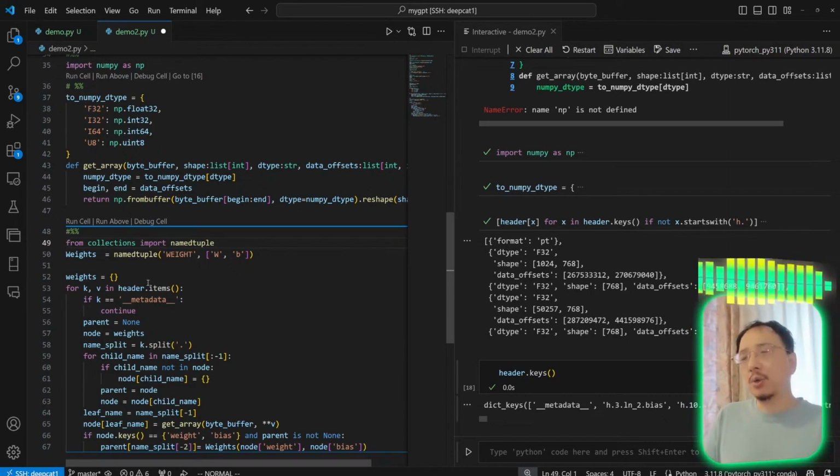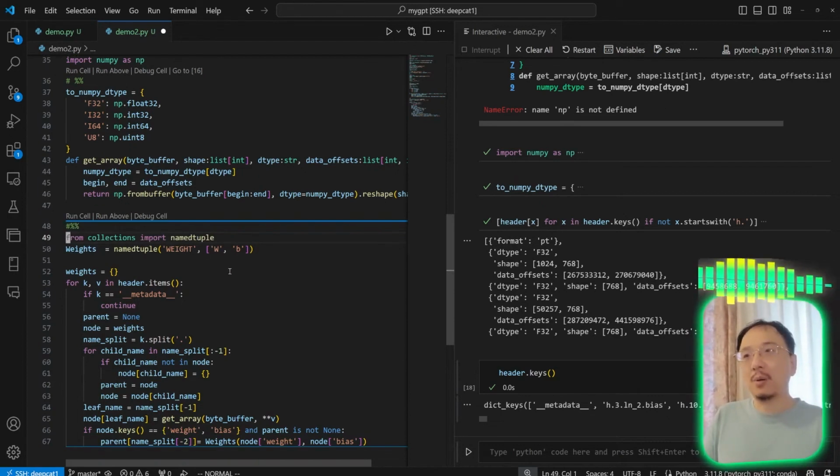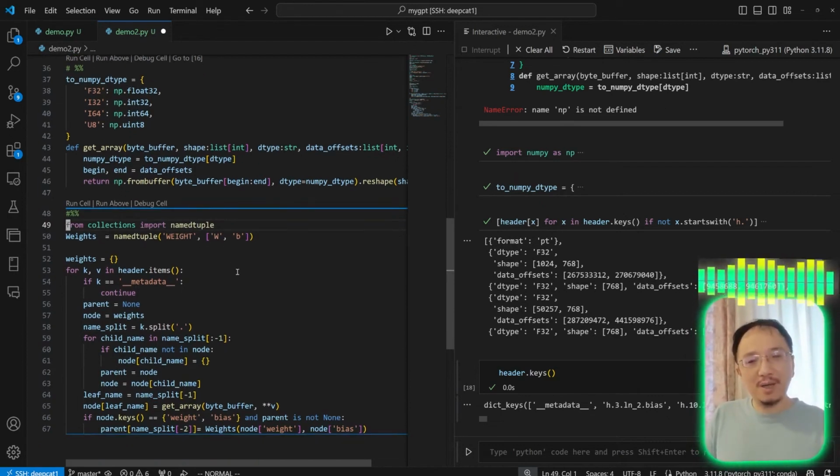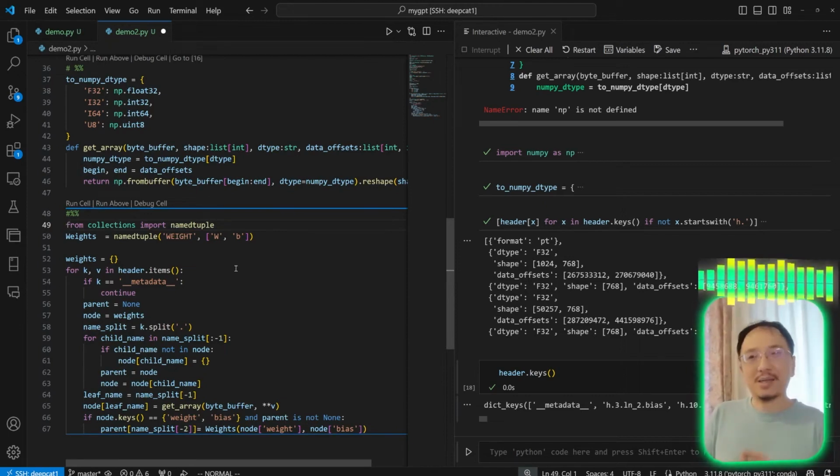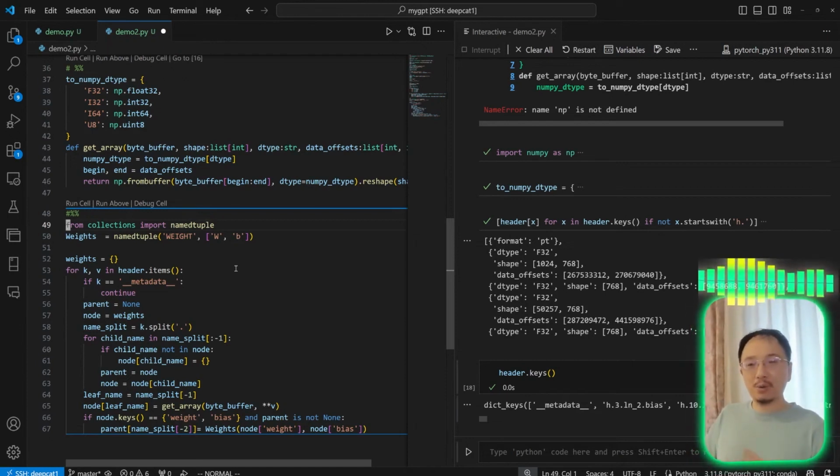So I define a new object type called Weights. I use the Python namedtuple to do a very lightweight class, because when we are doing a simple experiment, I don't want to define some